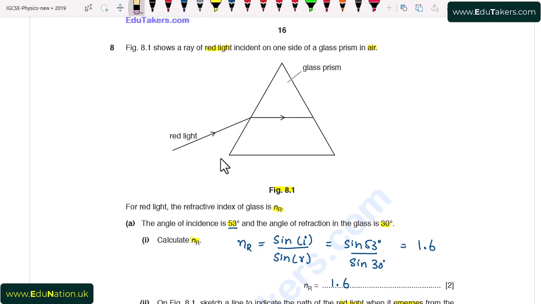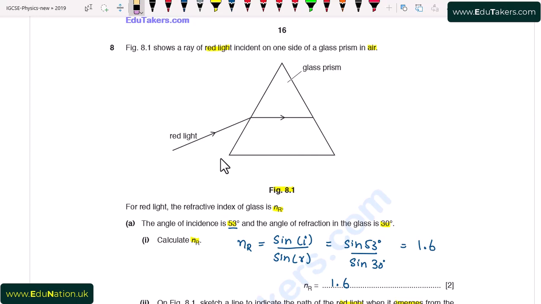So first of all, we know that the angle of incidence is the angle between normal line and the incident ray, while the angle of refraction is the angle between normal line and refracted ray. So here we have to draw the path of the ray when it emerges out of the prism. So first of all, we have to know that